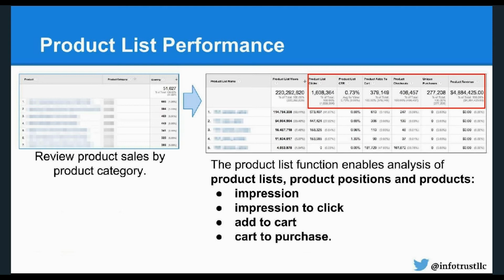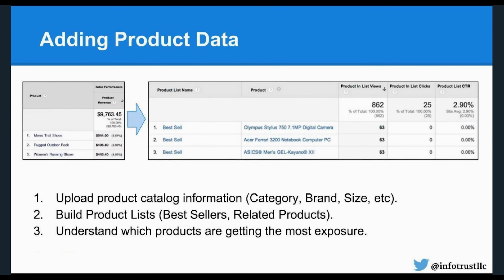And then from those product lists, being able to give you additional metrics to say, well, how many people were actually looking at these categories as a whole? How often were people interacting with it? How often were people adding products from these categories to a shopping cart? And then how often were they driving to an actual purchase? So therefore, you get a little bit more understanding as to how products are performing at an aggregate level instead of groups. Now let's go just one step further in there to say, well, what exactly are these product data categories built off of? Well, the first thing you can do is that you can actually upload individual information about your product catalog.